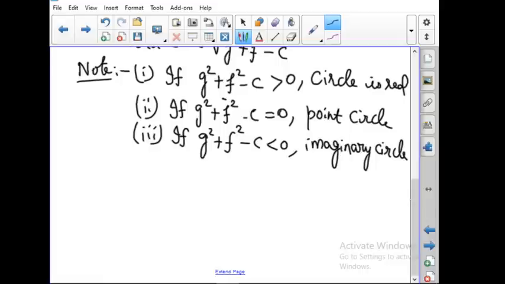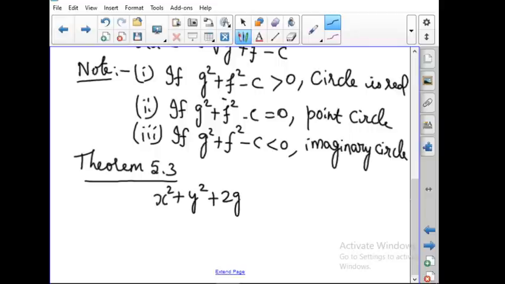Another theorem is there. I am going to give only the value, that is, theorem number 5.3. We can take only the statement for this because we are going to use this theorem in a problem. That is, if the equation x square plus y square plus 2gx plus 2fy plus c is equal to